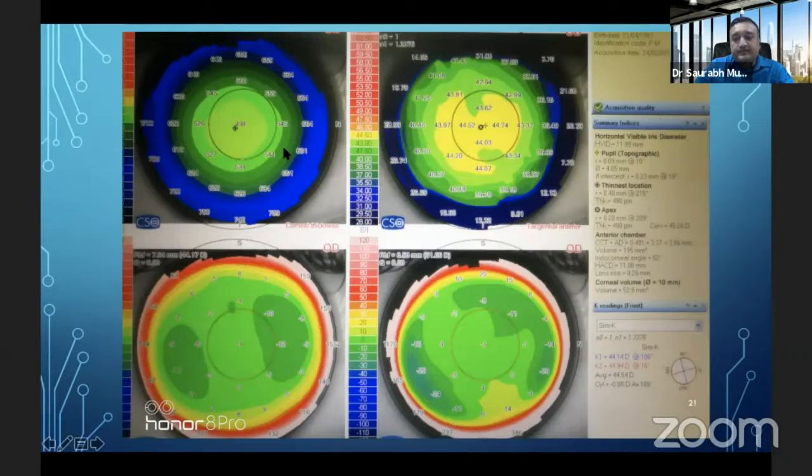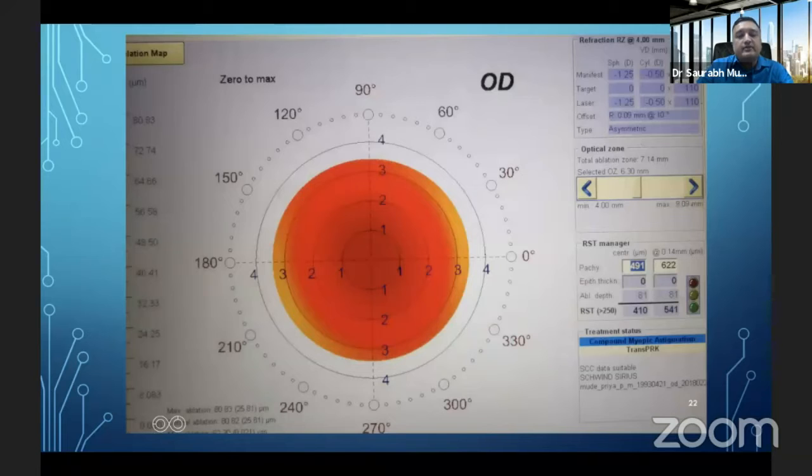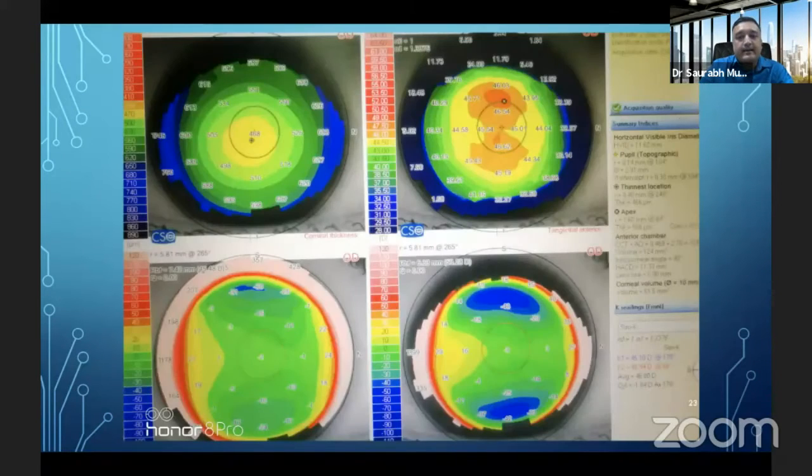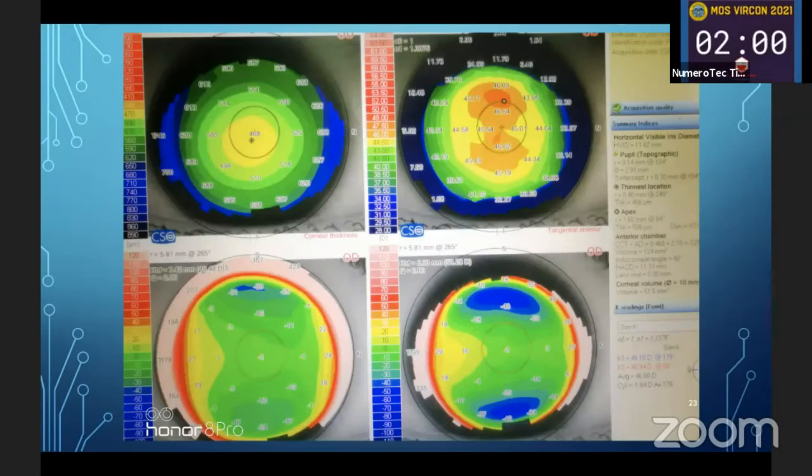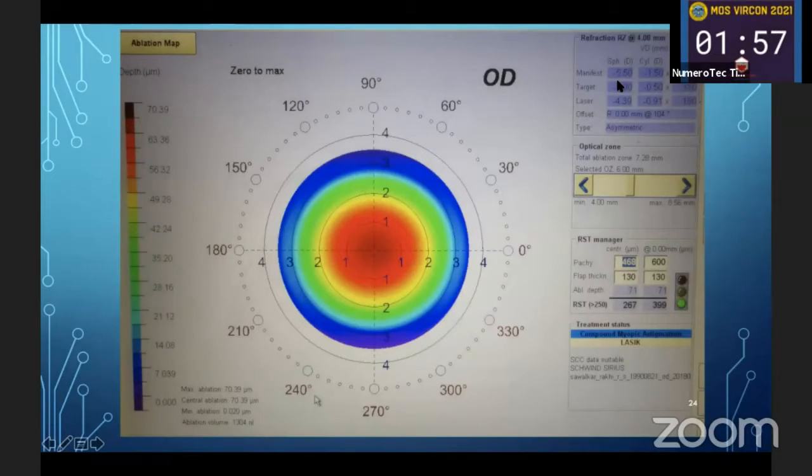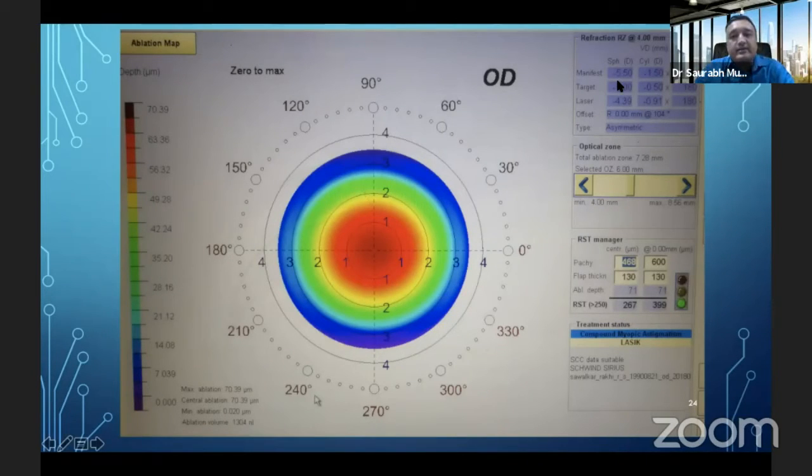This is a patient where the number is less and thickness is borderline. Thickness and K readings are normal. If the number is less, I will always give a preference to PRK, as it can be adjusted in future also if the patient needs a second surgery. Depending on individual choice, how much they go for PRK, I keep myself restricted to -1 to -4. I know people who can go up to -6.